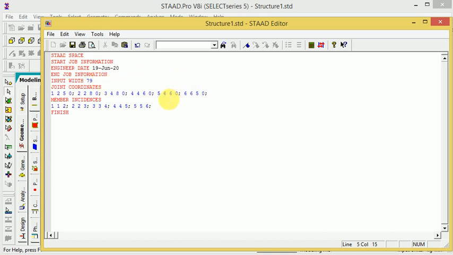So first of all, unit, right now unit space millimeter, meter, right now meter, and kilo Newton.